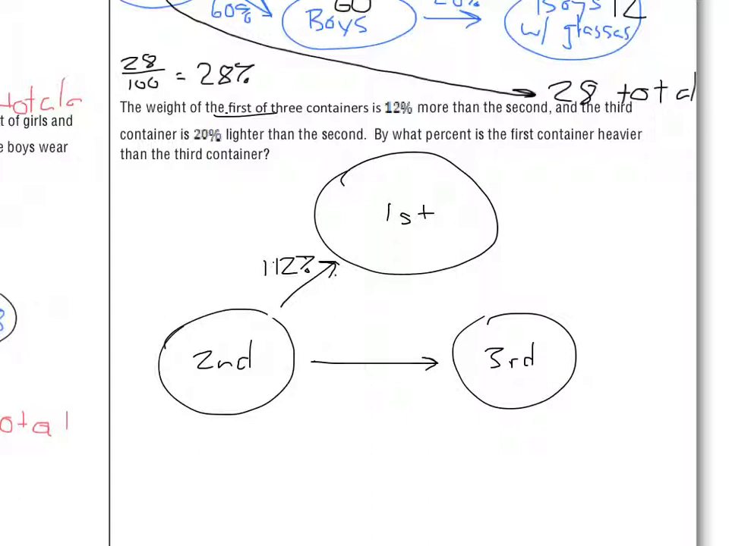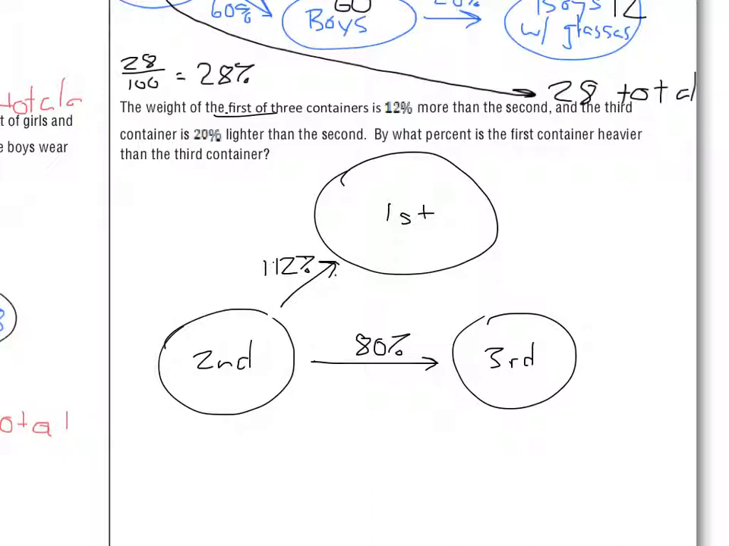It's not 20% of it, it's 20% lighter than the second one. So it's 80% of the second one. And so now this actually looks like some of the problems we had before. It says, by what percent is the first container heavier than the third container? So when we look at this,